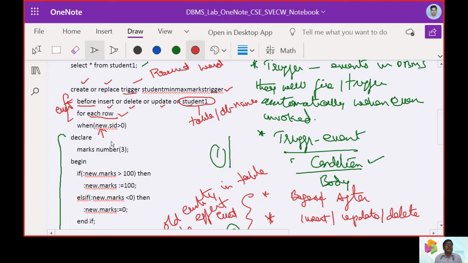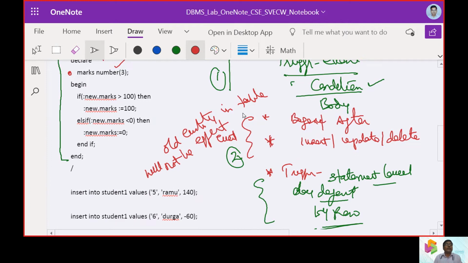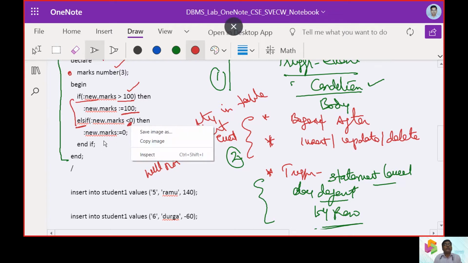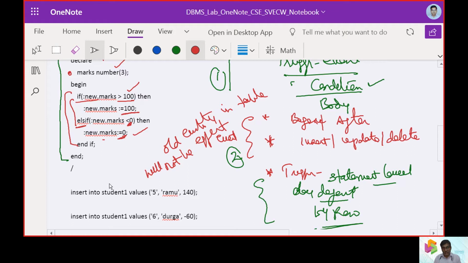Now we have marks, it is going to be a variable name. Then we do have the data type. So data type, we are going to call it as a number type. So now what we are going to tell was, if the new marks is greater than 100, then maximum value is 100. Else if we are going to use a loop, and then if it is less than 100, again the marks should be, the minimum marks should be 0 here. So it is going to be terminated by end if statement. So this is how we are going to check up or work with the trigger.